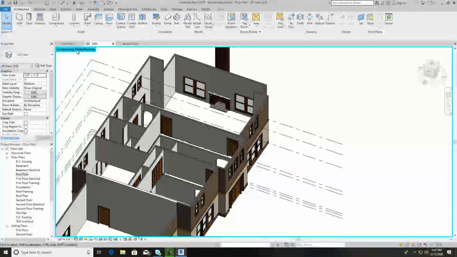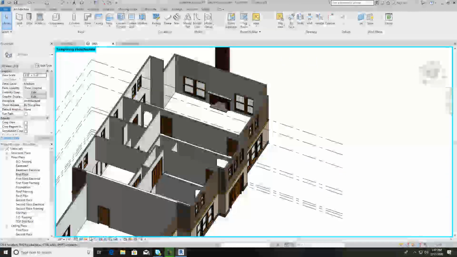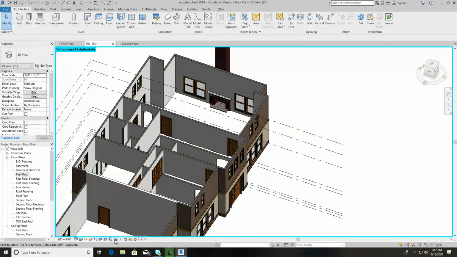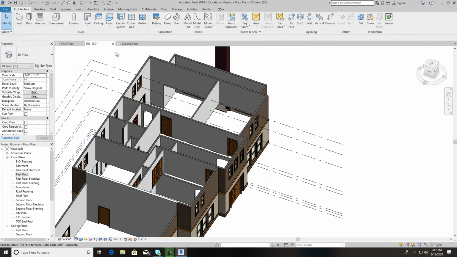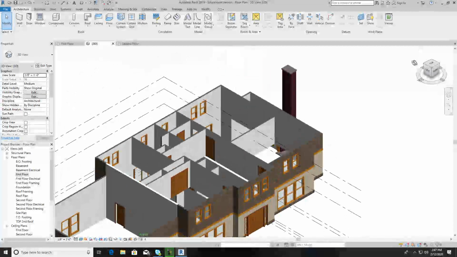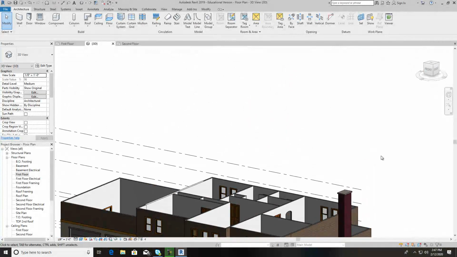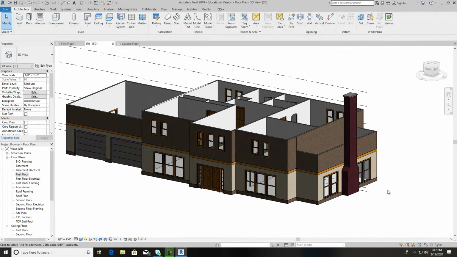Now, you see that temporary blue line that goes around this thing? Well, that's telling you there's something hid. So if you want to open up what's hid, just go back to your little sunglasses and reset temporary hide, and it'll stick its stuff right back in. See how the little blue outline box is going? So that right there, this thing is perfect according to what the book wanted us to do. So what you want to do at this point is save it,